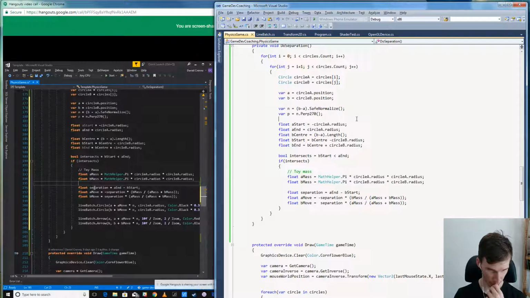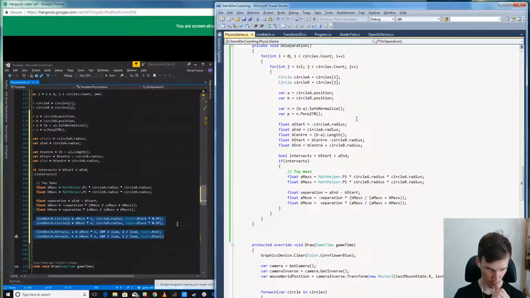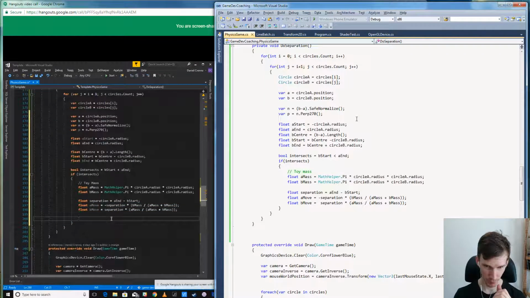So mass, it's fine. So A move and B move. Excuse me. So that's how much that A needs to move and B needs to move. So let's say, okay, so circle A